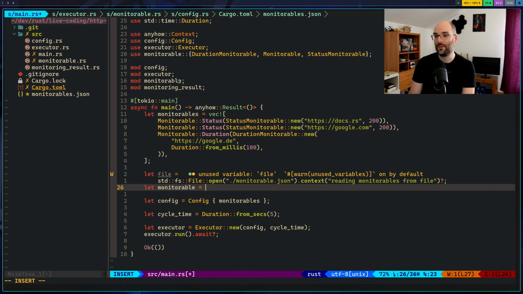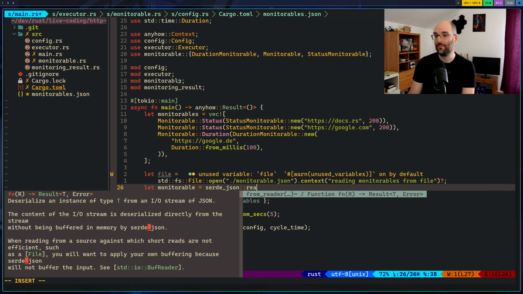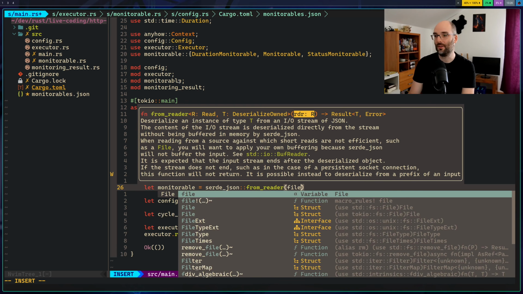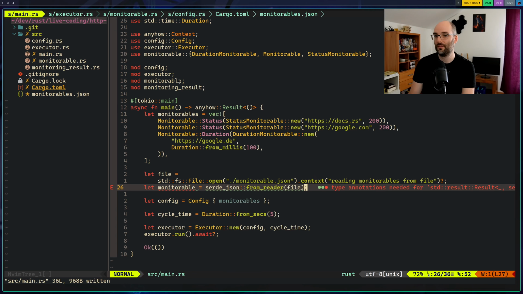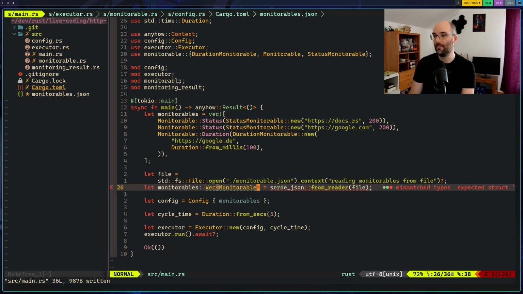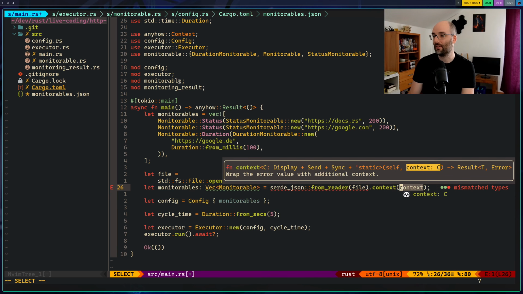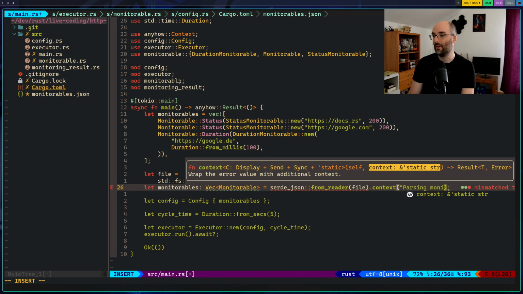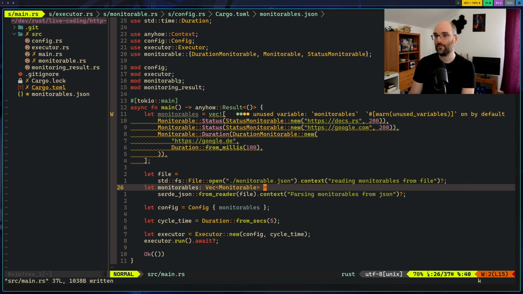We're gonna be doing serde_json from_reader, and our reader is the file monitorables. This is gonna be a Vec of Monitorable. It's probably what it needs here. And okay, we can put context: parsing monitorables from JSON. And we're good.